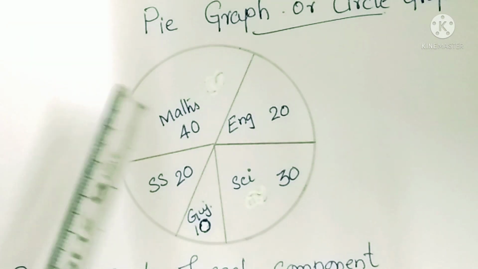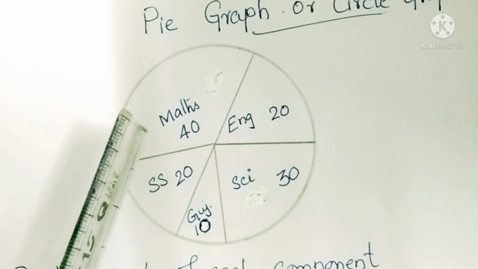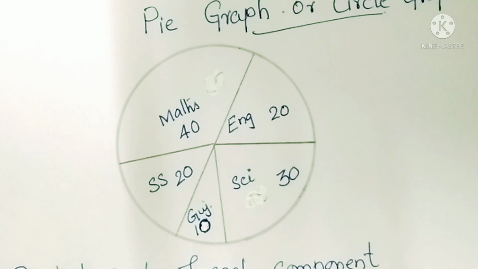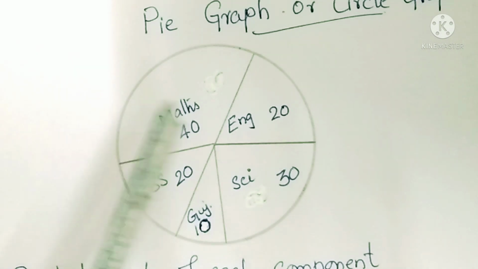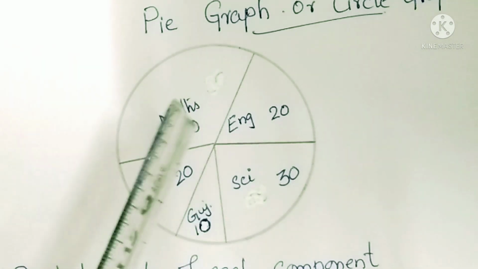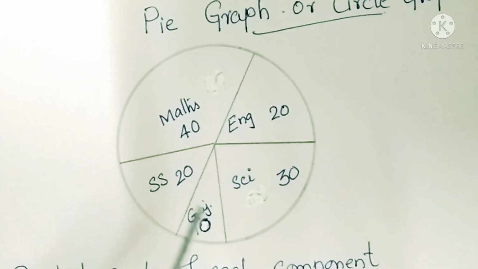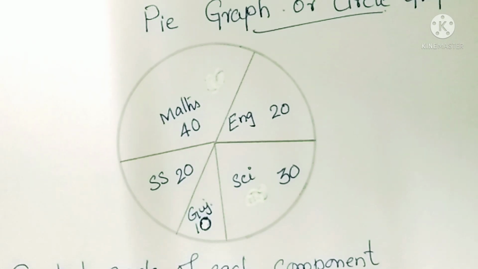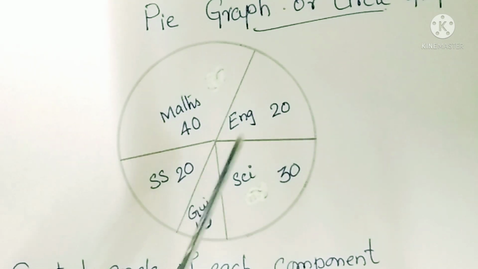In that, different subjects are the components or the parts of the whole, which is 120 marks. That 120 marks is divided into 1, 2, 3, 4, 5 parts, that is 40 marks in Maths, English 20 marks, Science 30 marks, Gujarati 10 marks and SS 20 marks. So, these are all parts. So, these parts will be proportionate, or this